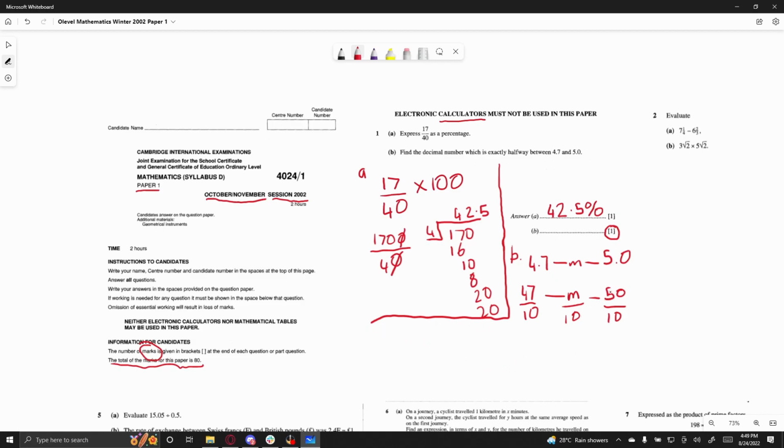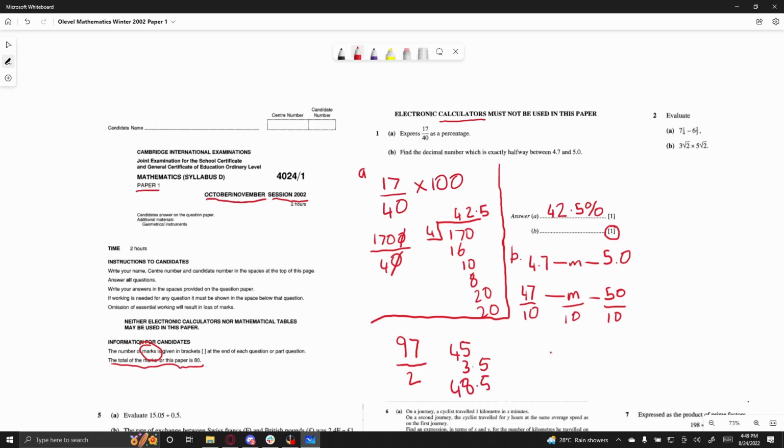So we add 47 to 50, 4 plus 5 is 90, and 7 plus 0 is 7, giving us 97, and now we can simply divide that by 2. So half of 7 is 3.5, half of 90 is 45. We can add these two together to get